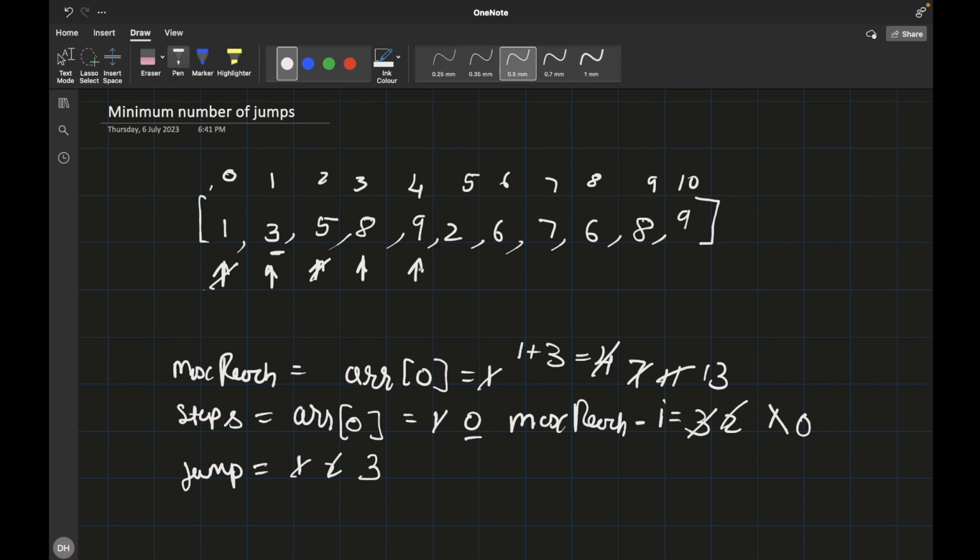So now the max reach is, so the new number of steps will be, max reach is 13, so 13 minus the current index, that is 4, that comes out to be 9. So we can take a maximum distance of 9 we can jump. So let's try and keep continuing the count. So the jump currently is 3,